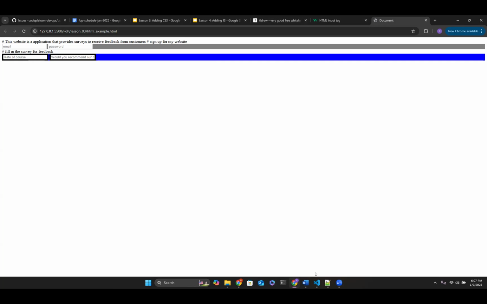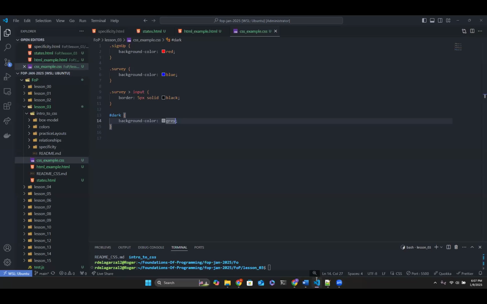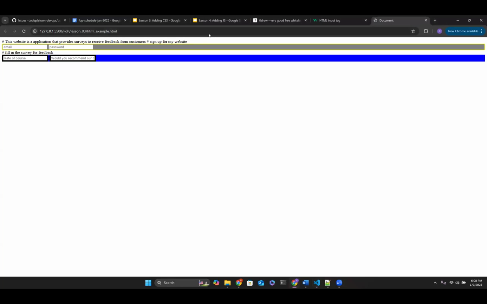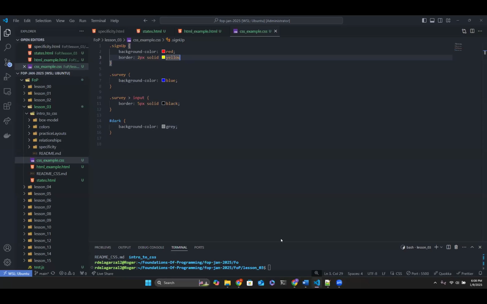If we go back to this class and say border 2 pixels solid yellow, that's not overridden. The only thing overridden was the background color. So just by adding an ID, it does not mean my class is now irrelevant. It's still absolutely relevant. Everything not overridden by this ID is still in effect, but this ID is specifically changing the color, and it's a higher level of specificity than our class.